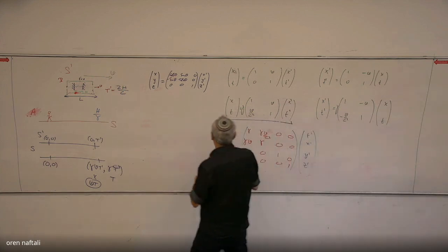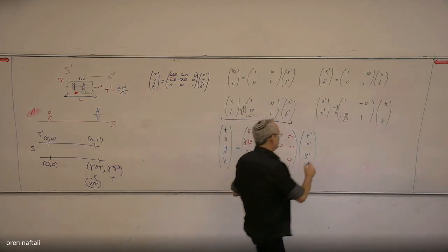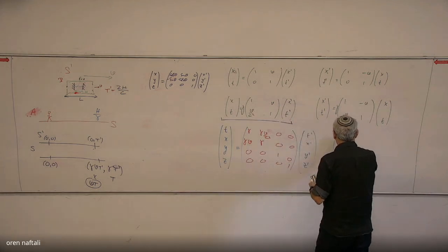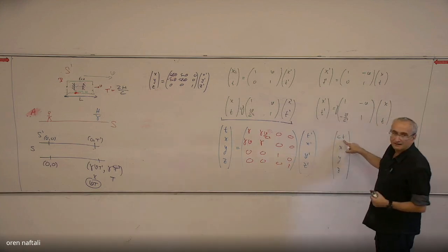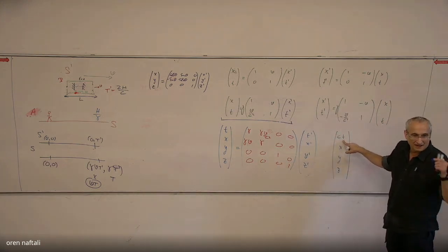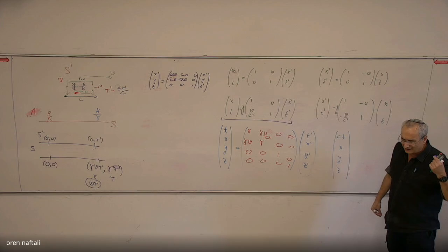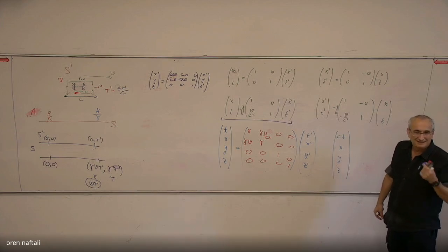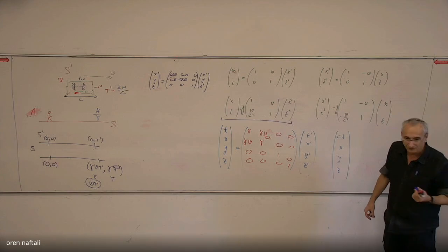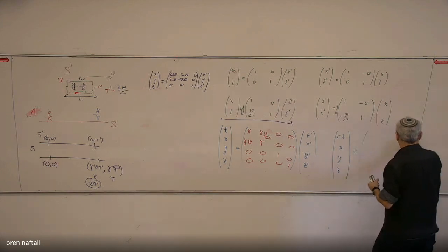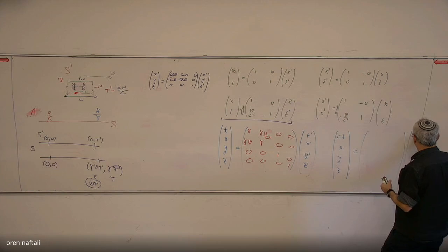So what many people are doing is they are working in the coordinates ct, x, y, and z. And now this is also meter, because this is time times the speed of light. So 1 second of length is 3 times 10 to the 8 meters, or 1 meter of time is 1 over 3 times 10 to the 8 seconds, if you like. And if you use that, then the Lorentz transformation, so this is ct prime, x prime, y prime, z prime,